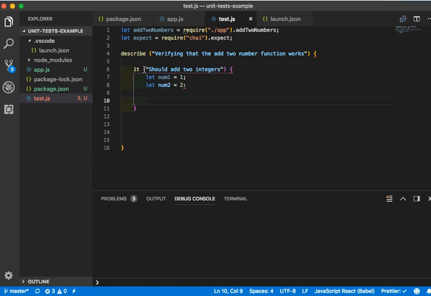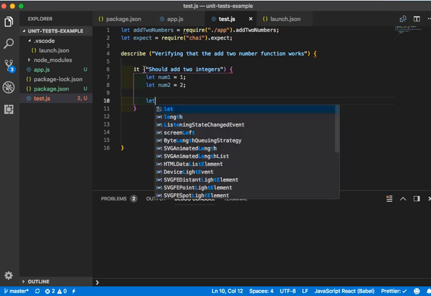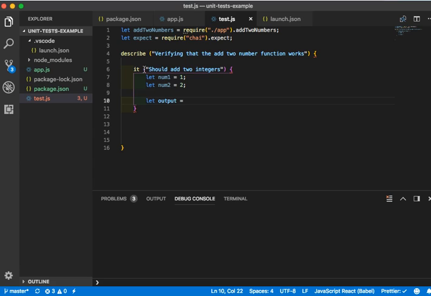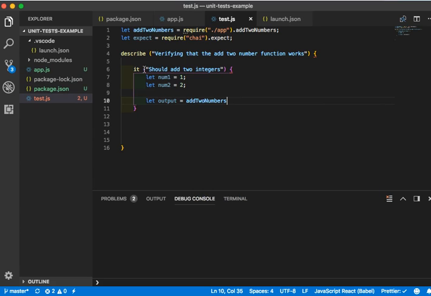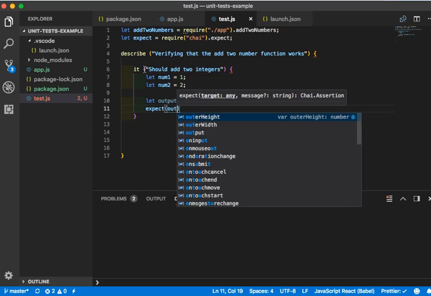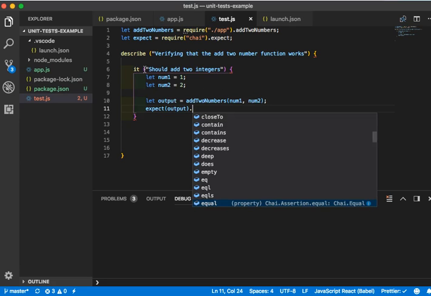And then let output equals add two numbers, then expect output dot to,